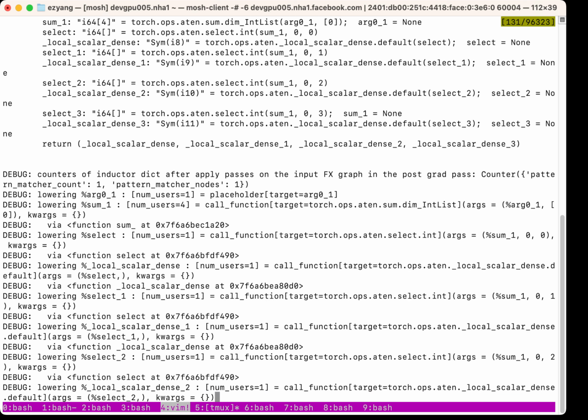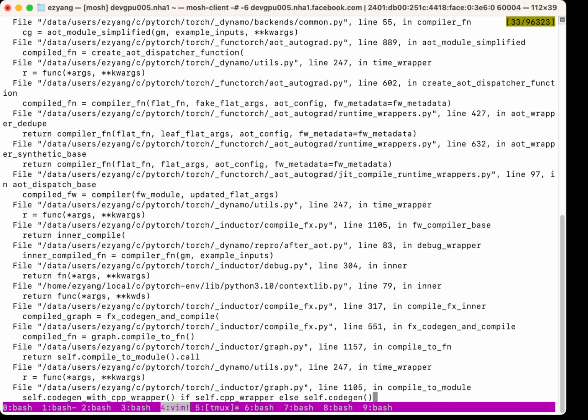So this is what toList turns into. It turns into get me the 0th element, the first element, the second element, and then I'm calling this local scalar dense kernel, which actually goes ahead and gives me the integer in question. And those are the things we're actually going to return in this case. And so we can see that we lower all of these things, and then eventually,